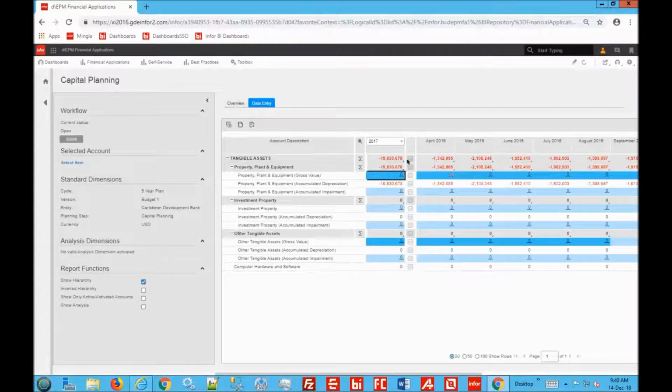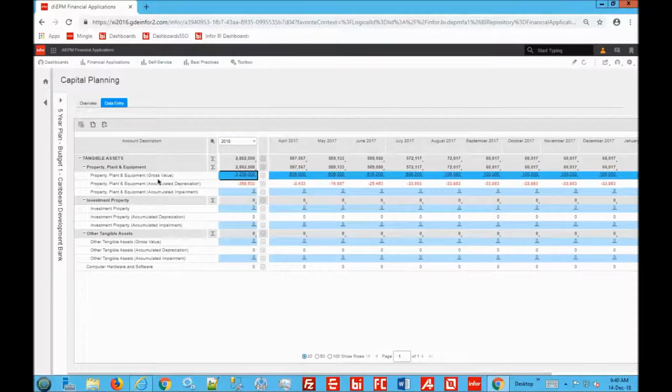you will see, and let me go to 2018. Within that, you'll notice, again, we have the same kind of workbook. So you're doing your planning, and again, you'll see that we have different asset accounts. This is the account level. So we have property, plant, and equipment, and you'll see the accumulated depreciation that exists with that account. If I click on this particular account, you'll see something open up called custom details, and that's where you actually do the planning. You can change the numbers here if you want, but actually within custom details, this